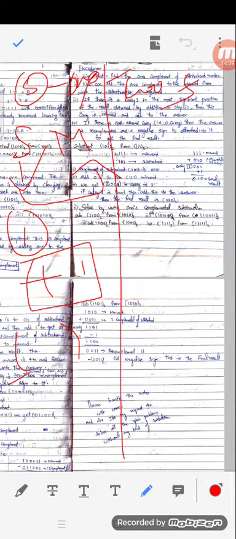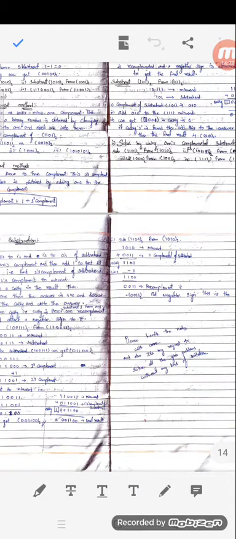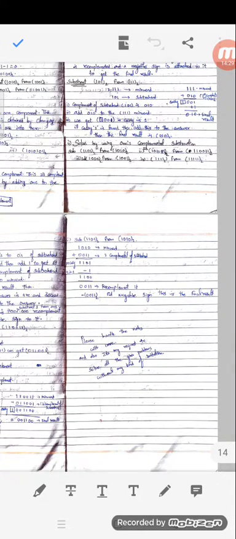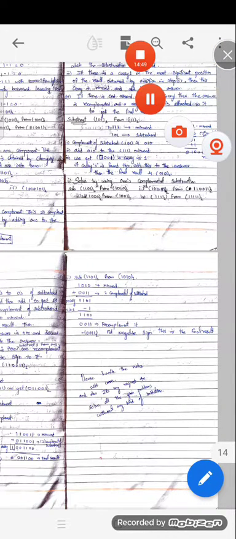For 2's complement, take the subtrahend value and minuend value. Find the 2's complement of the subtrahend and add it to the minuend. If the carry is 1, discard the carry and write the answer. If the carry is 0, subtract 1 from the answer, recomplement it and attach the negative sign. So this is the method of how we calculate 1's complement subtraction and 2's complement subtraction. Thank you.